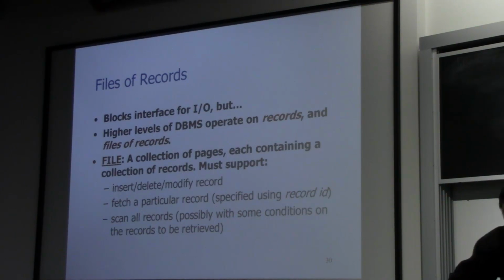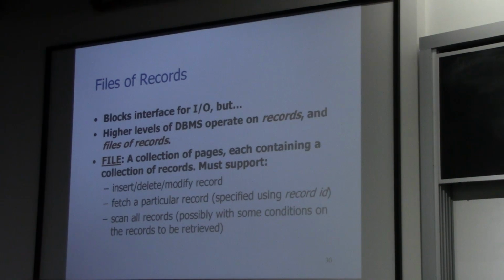So, file of records. In a DBMS, records from a table are organized into what we call a database file. A file is nothing else but a collection of pages, and each page is nothing else but a collection of database records. So that's the breakdown, right? You have a table of data, like students, that has many, many records. This student table will be stored in a single file, and this file may have multiple pages, and within each page you have multiple records.